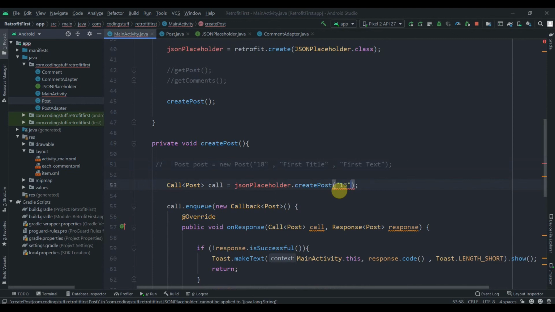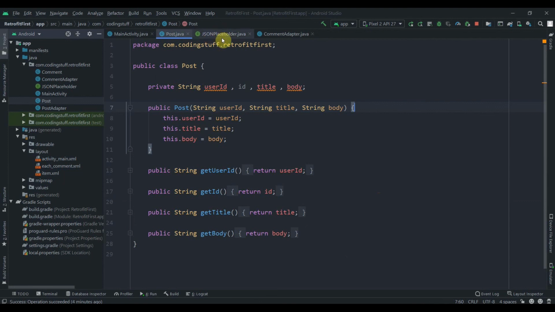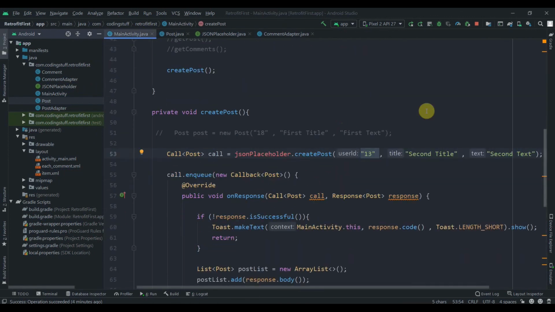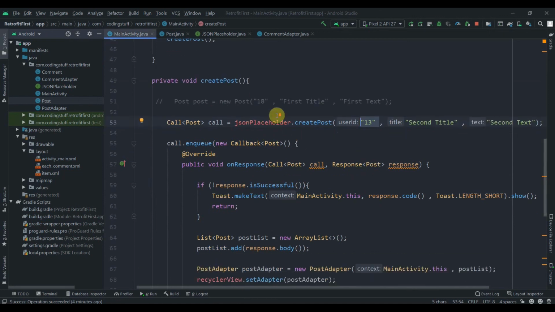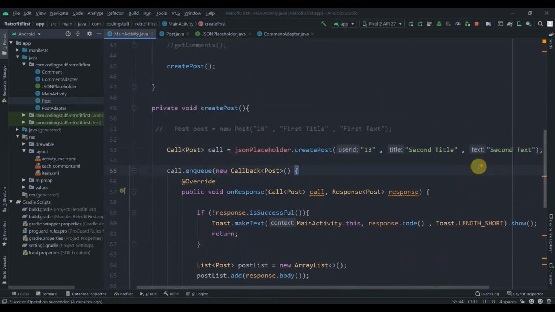Let's pass 13, then second title, and then second text. You should do one thing: instead of passing string here, pass int, because user ID should be int. But I made a mistake and declared the ID and user ID as strings before, and I used it in the post adapter as well, so I won't change it, but you can change it. Then everything is going to remain the same.